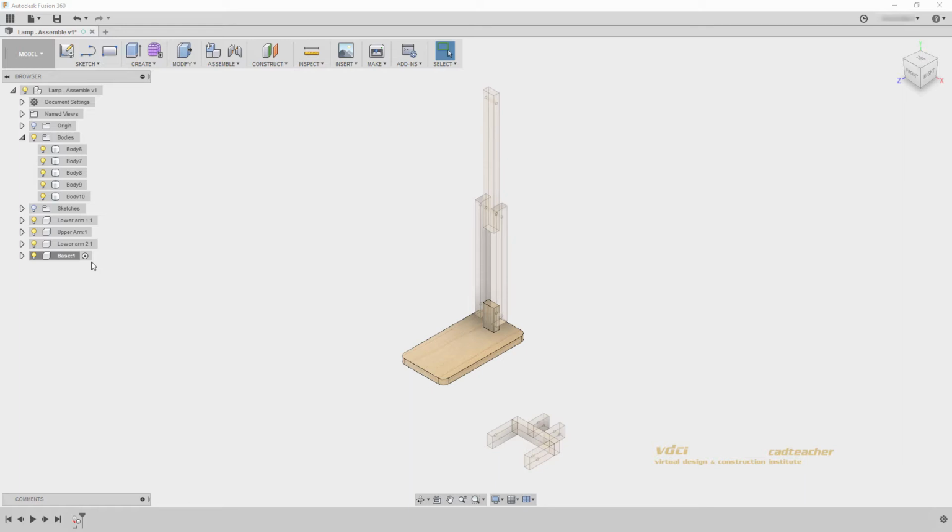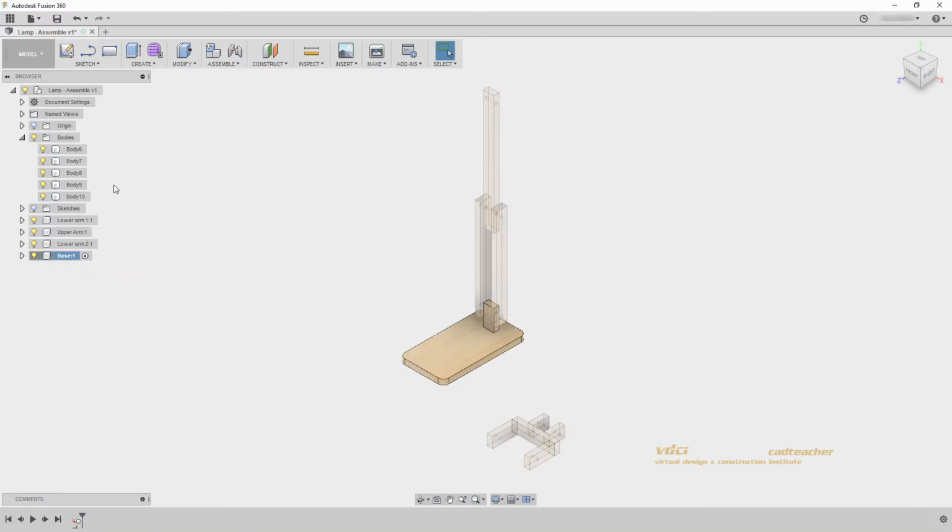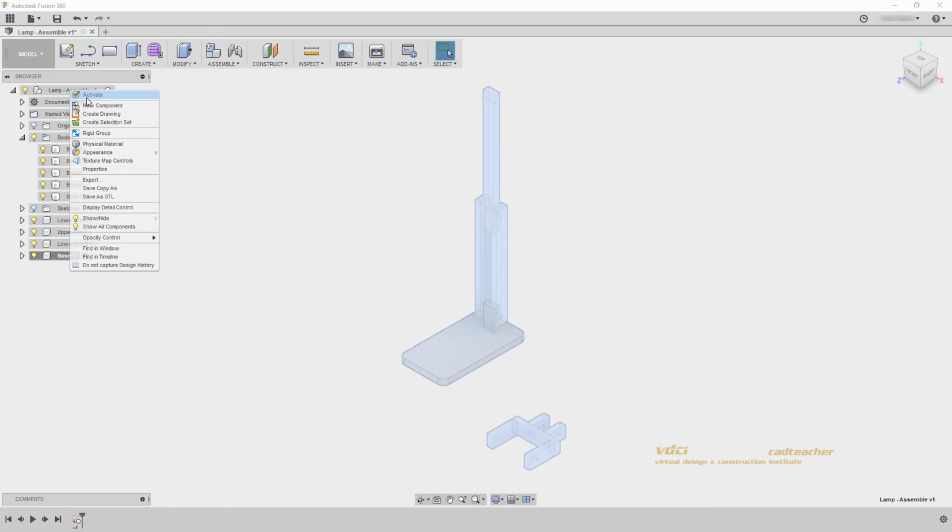When I created my new component, I also made it active. I can go to my lamp assemble and click here to activate, or right-click on any component that I would like to activate and hit activate. Let's activate our lamp assemble one last time,